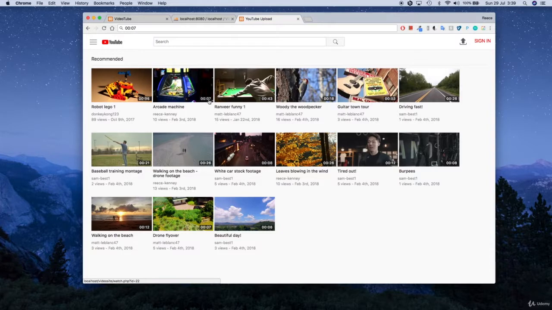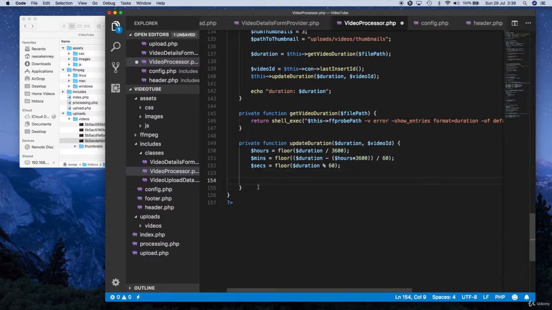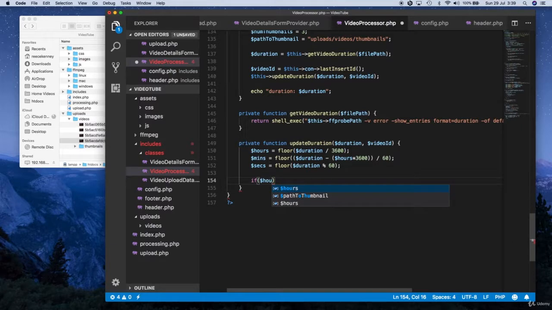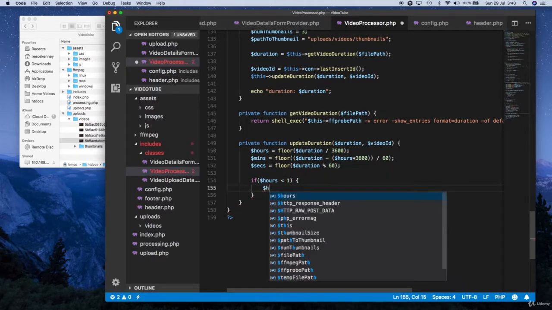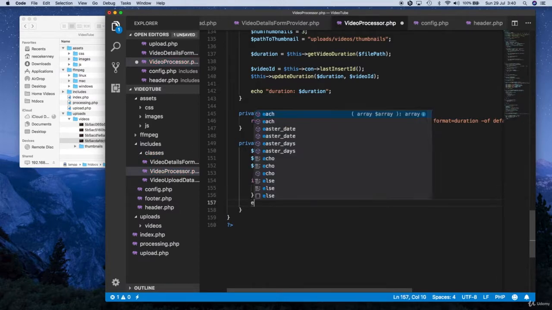So now that we have the duration in seconds, what we're going to do is convert it to this string format right here before we insert it into the table. So go back to here, and then underneath there, what we're going to do is say if, and then put a condition in there. It's going to be if hours is less than 1. So if it's less than 1 hour long, we're going to say hours equals an empty string, else